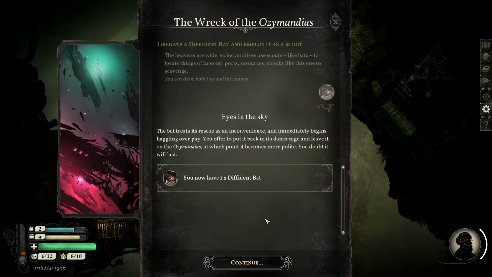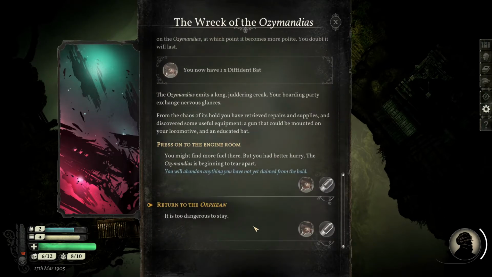The bat treats its rescue as an inconvenience and immediately begins haggling over pay. You offer to put it back in its damn cage and leave it on the Ozymandias, at which point it becomes more polite. You doubt it will last. Okay, I think...